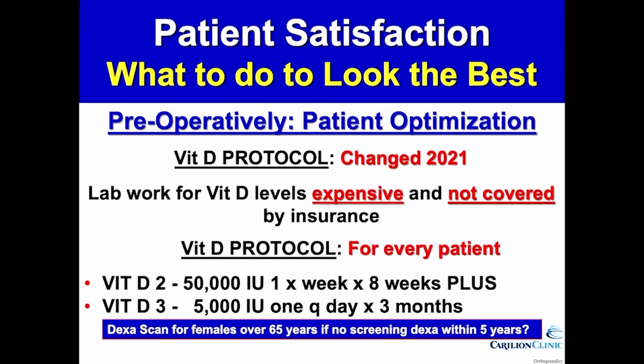We stopped testing it because of two reasons. One, it's expensive to draw it, and two, many of the insurance carriers don't cover it, and since 30% of our patients had it, we now treat everyone. They get vitamin D2, 50,000 units once a week for 8 weeks, and vitamin D3, 5,000 units once a day